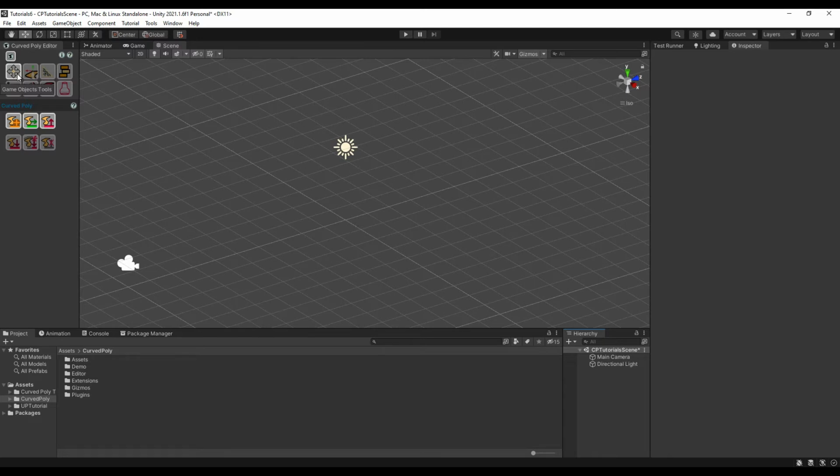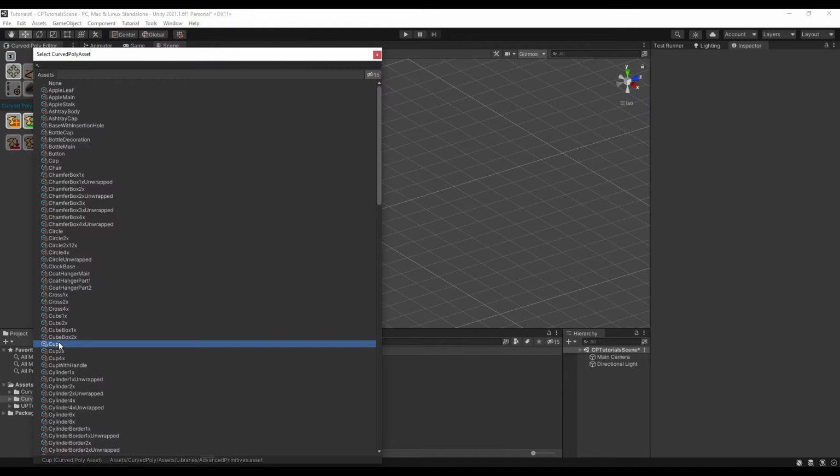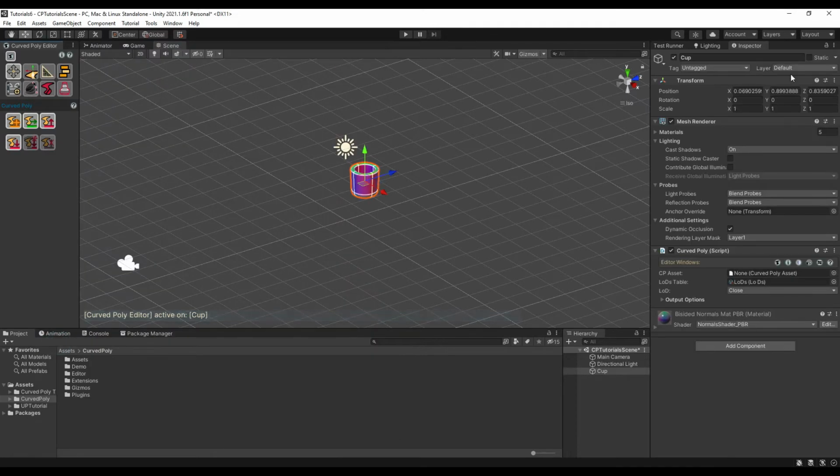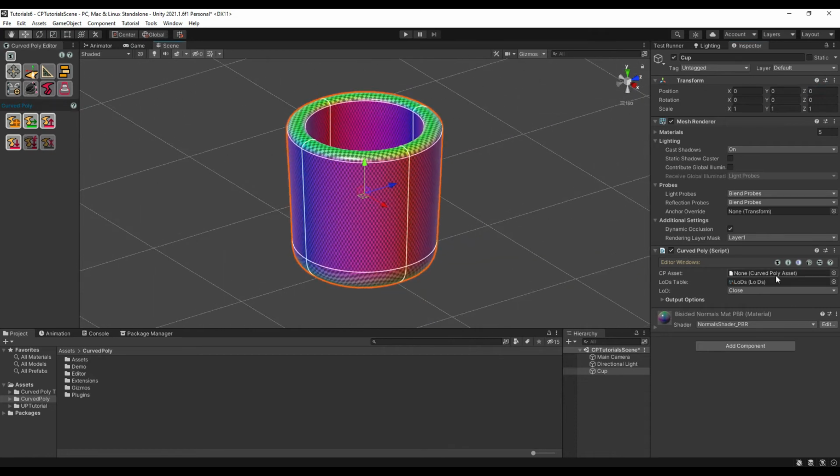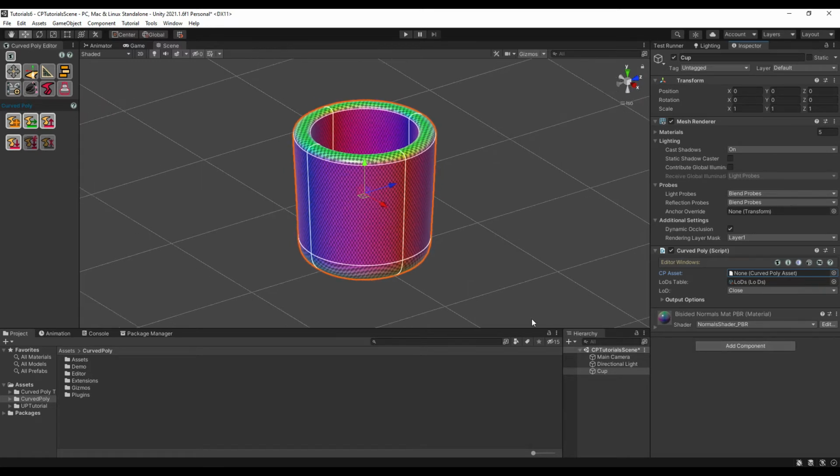Wherever you want to start modeling something, you could start with a pre-made shape. There are two main ways to do so. From GameObjects tools, you can press import and grab an asset. In this case, the asset is imported as a copy of the original model. A GameObject is generated in Scene with a Curved Poly component. The Curved Poly component has assigned an asset whose name is none. This means that the model you cloned is stored within the Curved Poly component, which is part of the scene, and it doesn't refer to any specific asset.